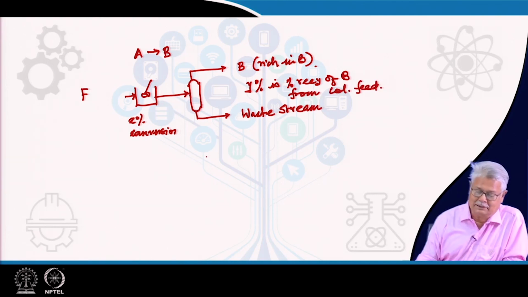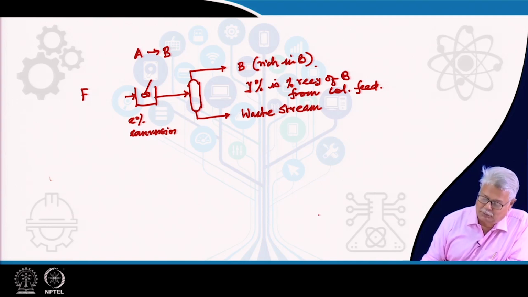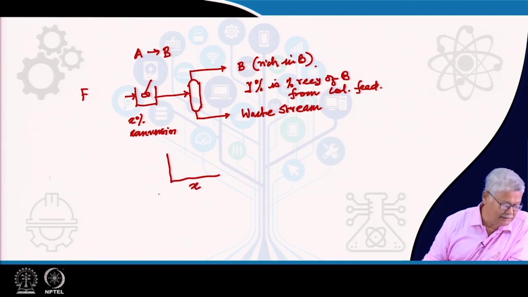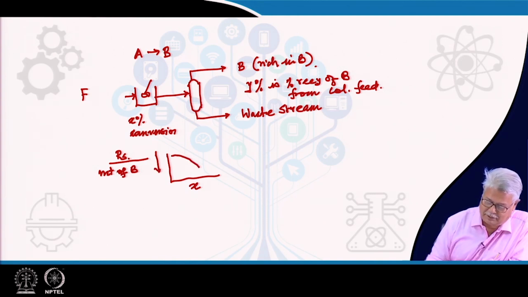Now, if you look at these two individual processes, if we want to see the cost parameter which is based on the X and the Y values, we can put it like this: with the conversion increasing, the rupees per metric ton of B will keep on reducing. That means, you will have a curve like this. That means, if I have a higher conversion, in that case my production cost per ton of B just from